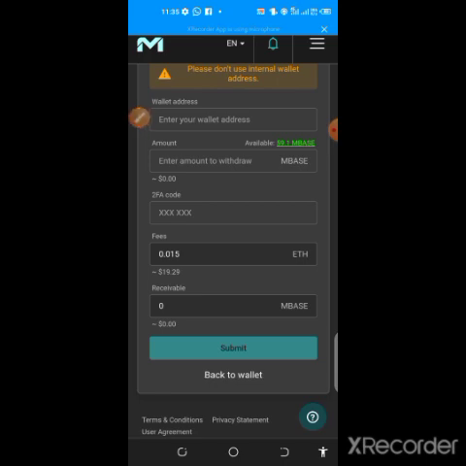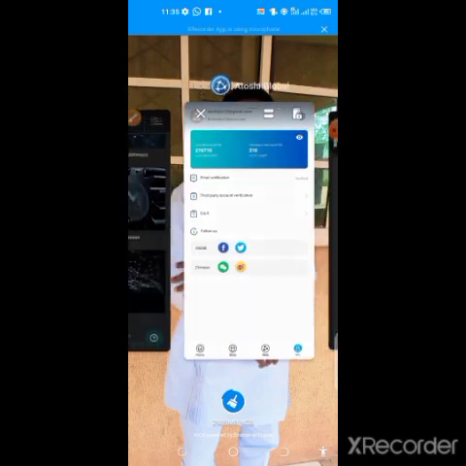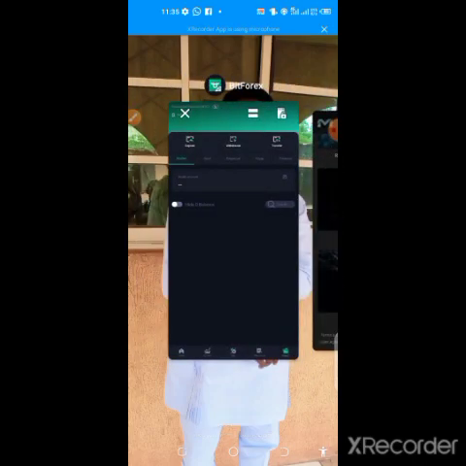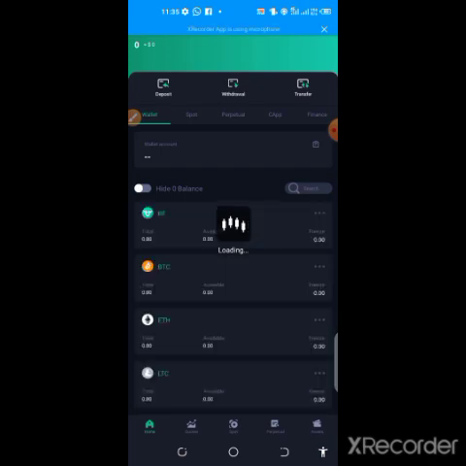Now go to your Bitforex account. So go to your Bitforex app. So let me locate my Bitforex app. I've already installed it, and I will drop the link in the description. Just click on that link and it will take you to this page. So now the first thing you're going to do, you can see that